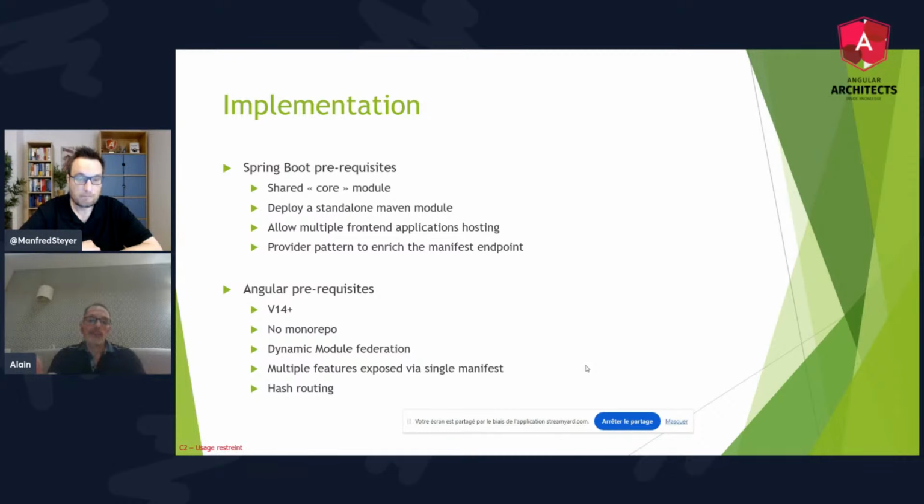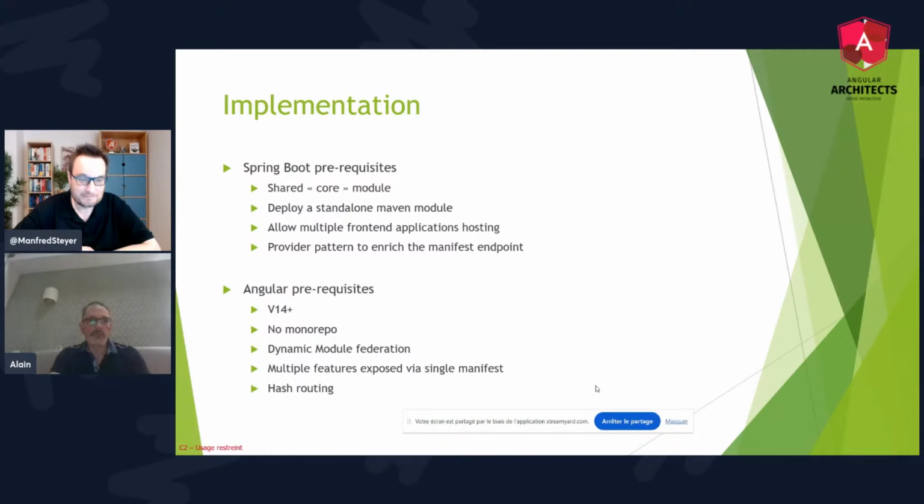Otherwise, the HTML routing of the features will be caught by the Spring context, and it won't work. Or it can be done, but it's very complicated. So the hash routing is a good trade-off. So now we have done the Angular configuration and how we